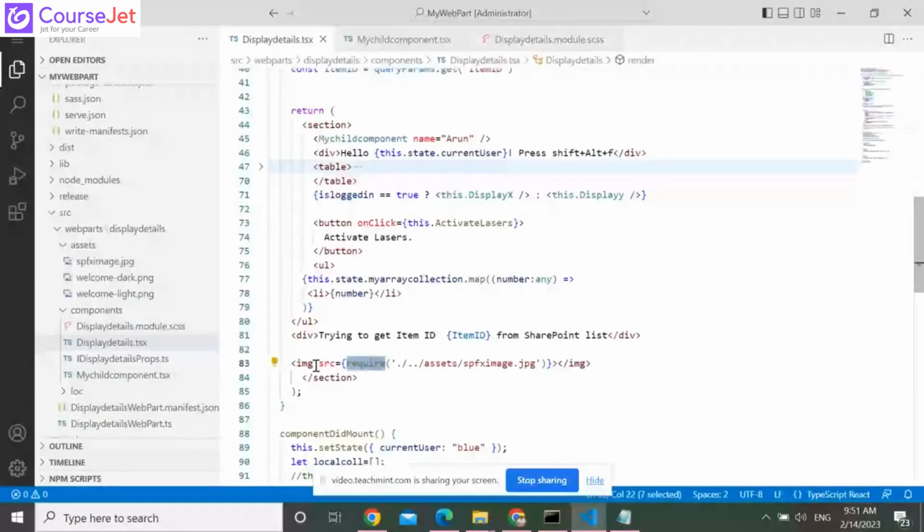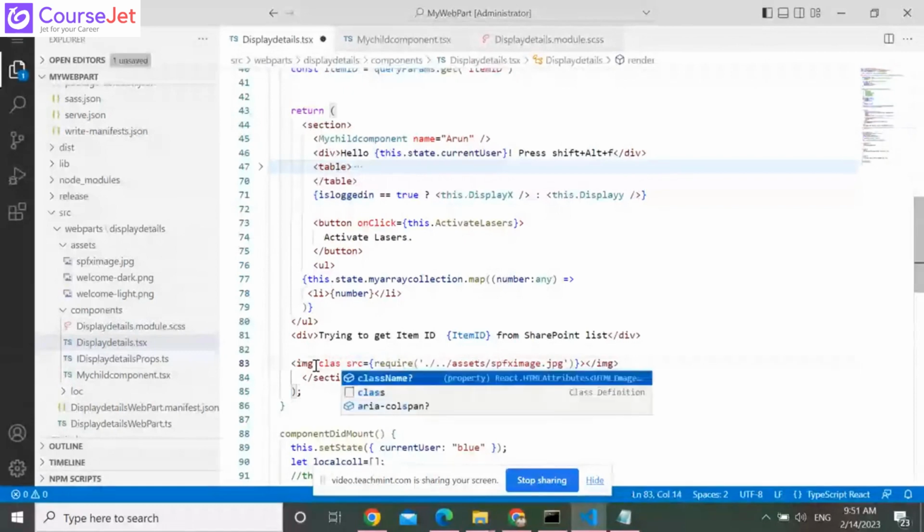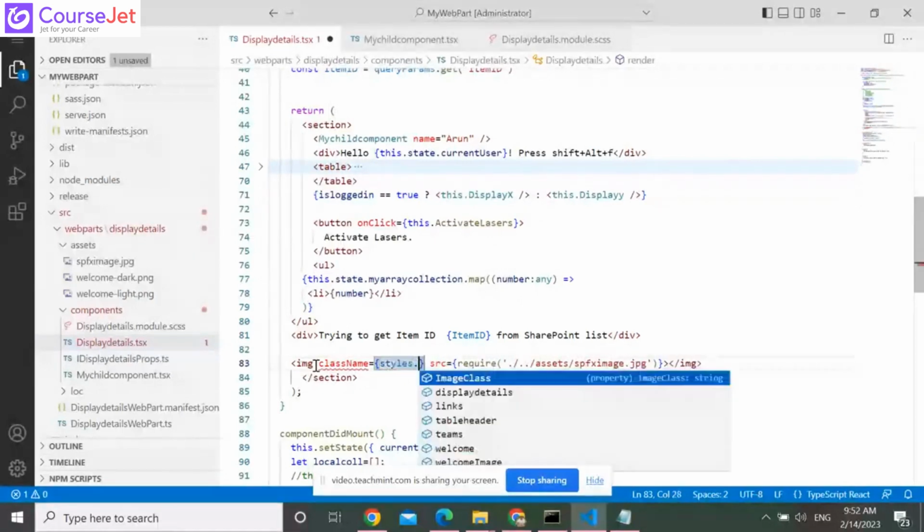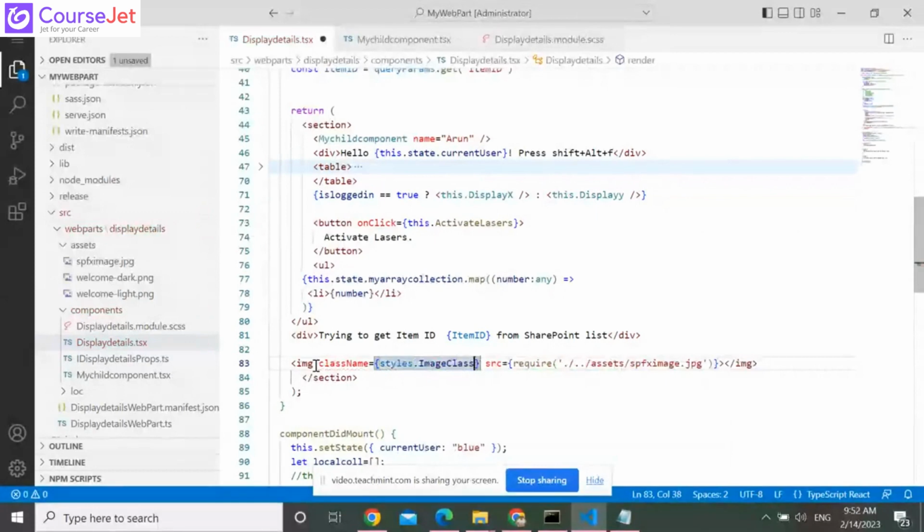Same in the class name equal to. I guess we can set the property for the image. Okay, so